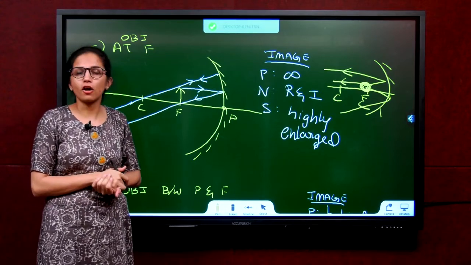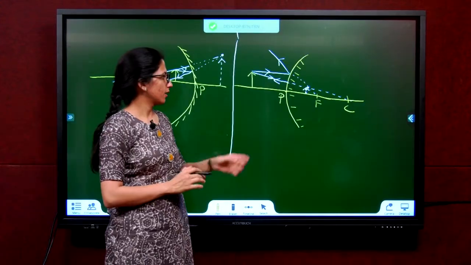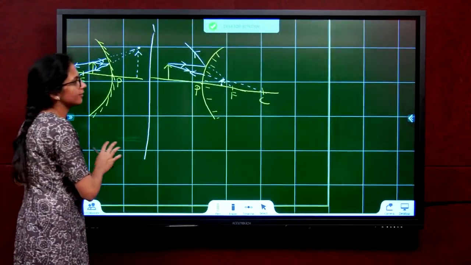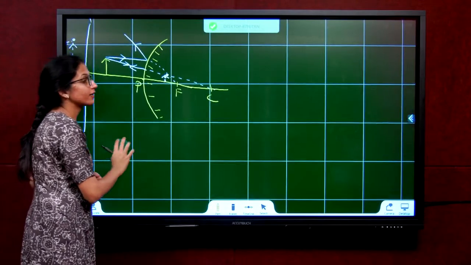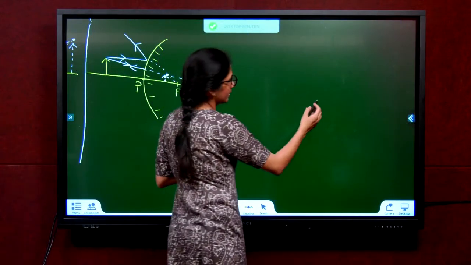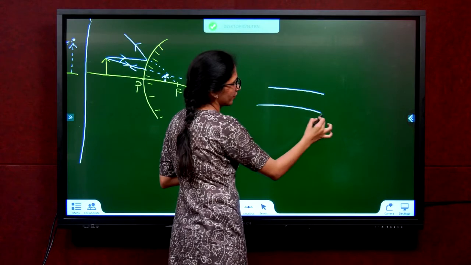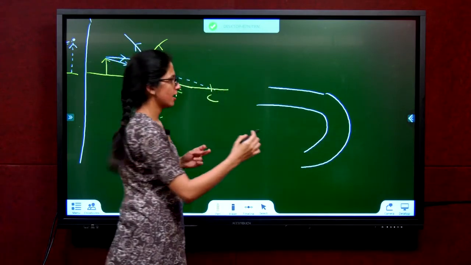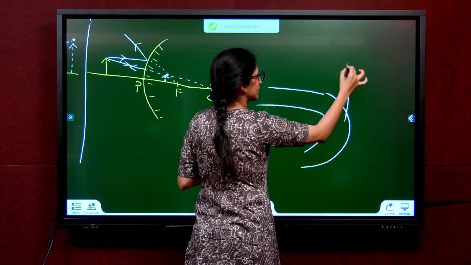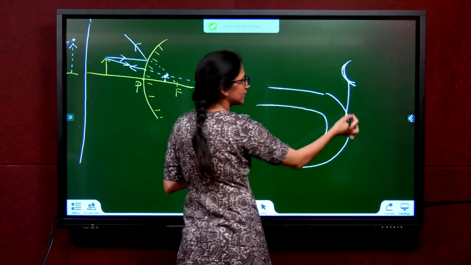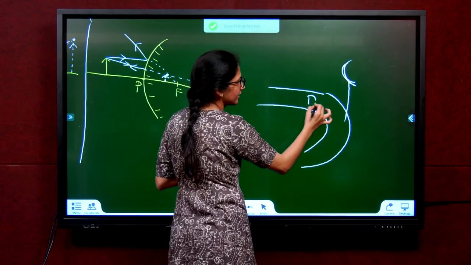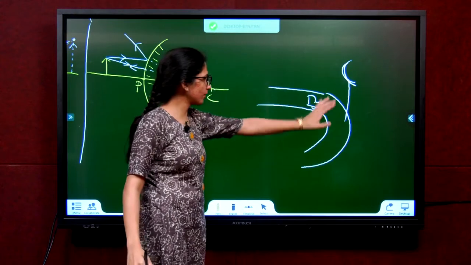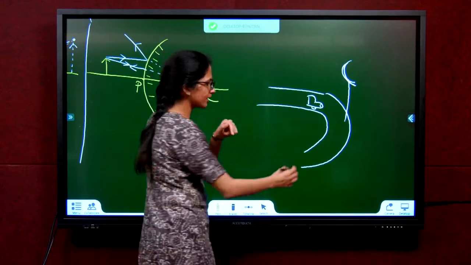Let's go to uses of convex mirror now. So, uses of convex mirrors. This is usually used in blind curves. First, why blind curves? See, if this is my road and I am going here, or in hairpin bends in mountains, we'll have a mirror like this and they'll keep a mirror in this corner. Why? Because the driver in this car cannot see with his eye there because there are so many obstructions here. He cannot see the vehicle coming here.